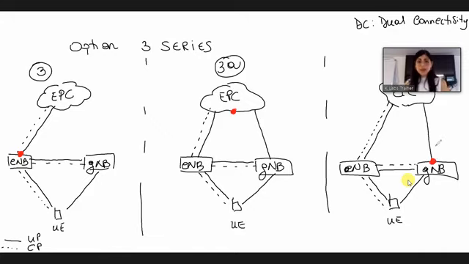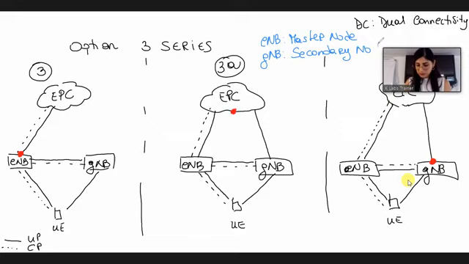But since the control plane is managed by the eNodeB, we will call the eNodeB the master node, while the gNodeB is recognized as the secondary node. So this is the option 3 series. As I said, Huawei does not support option 3A because it is not so efficient.